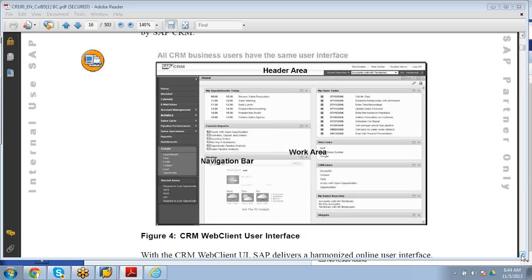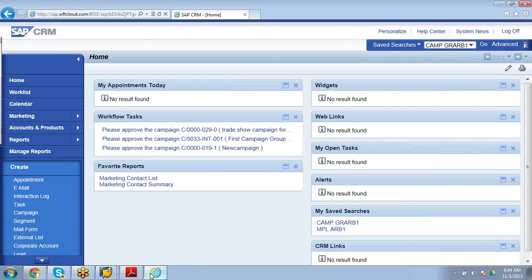This is the web client UI, and it opens in any browser.